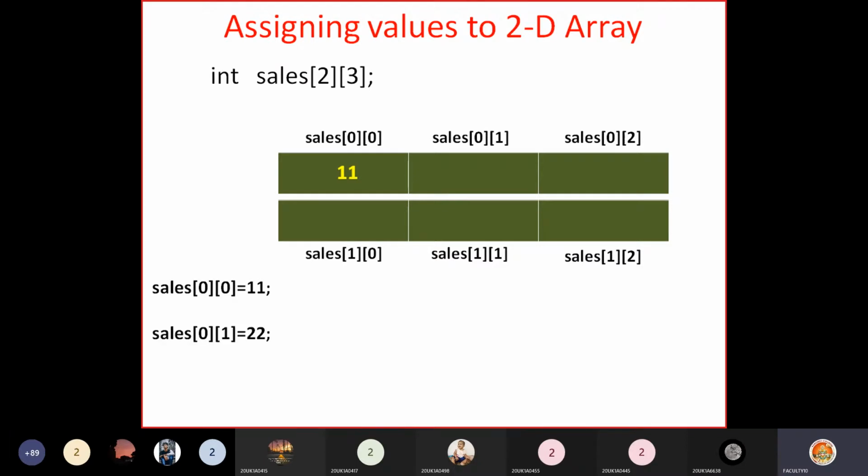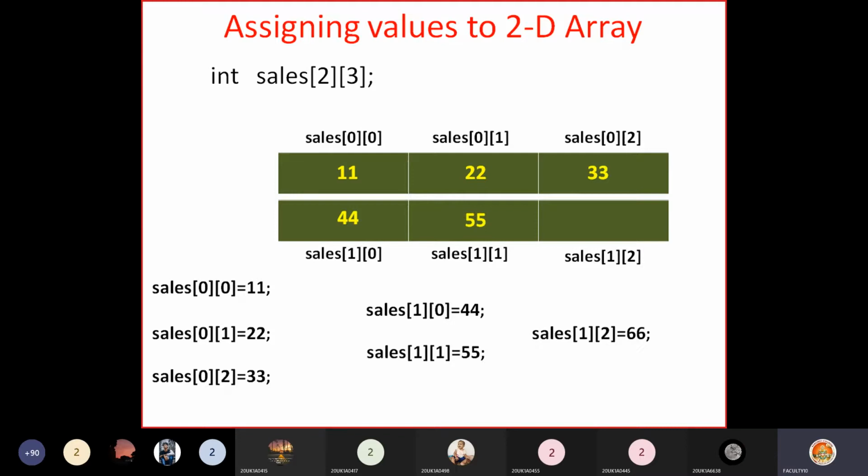Okay, sales of 0 1 is equal to 22 means 22 will be stored in that location. Sales of 0 2 is 33 means 33 will be stored in the location of the 0th row and second column. Okay, so sales of 1 0, row 1 and column 0, 44 will be stored there. Okay, row 1 and column 1, 55 will be stored, and sales of 1 2 means row 1 and column 2, 66 will be stored.